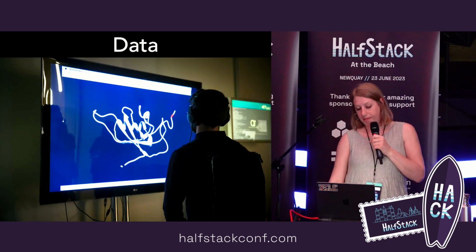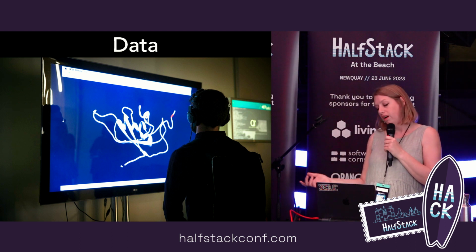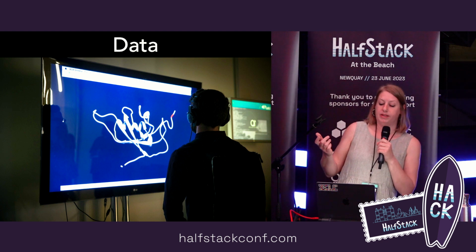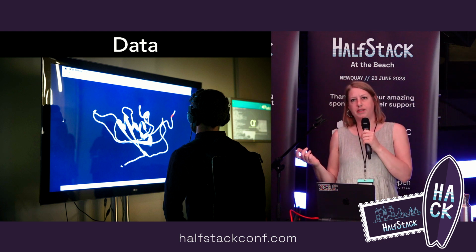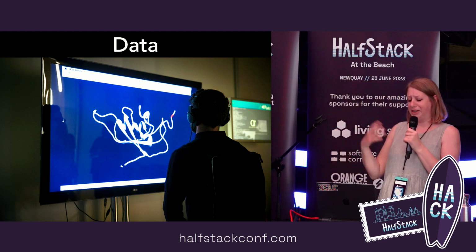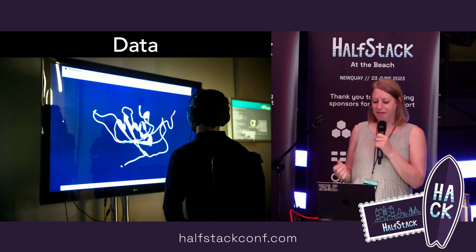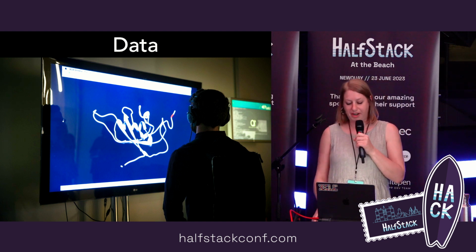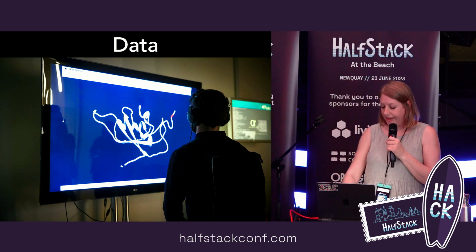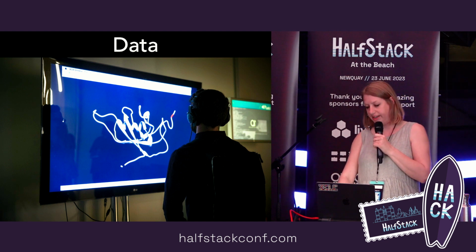I also work a lot with data. I had one project where I was making dance music out of protein dynamics data that they use in chemistry for drug design processes, and turning that live on stage into dance music, which was fun. So that's something I'm interested in as well.